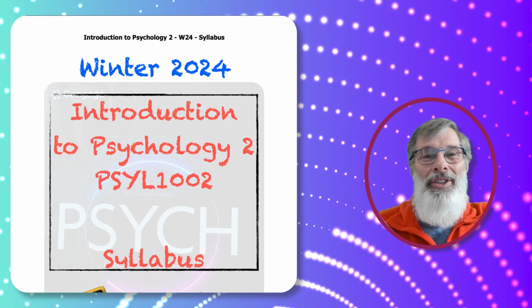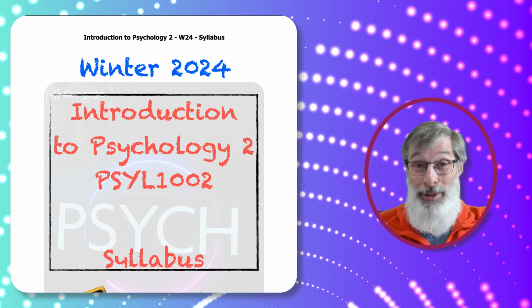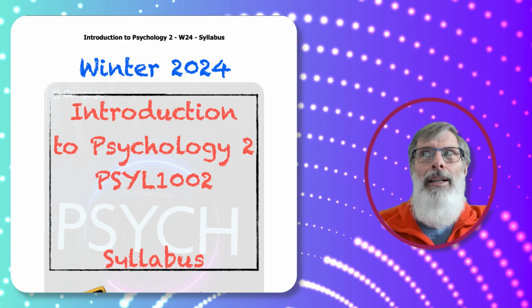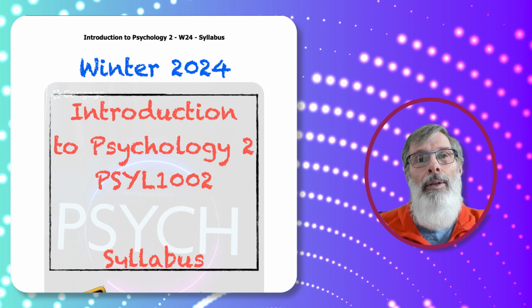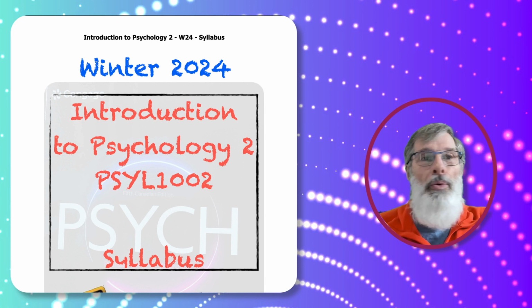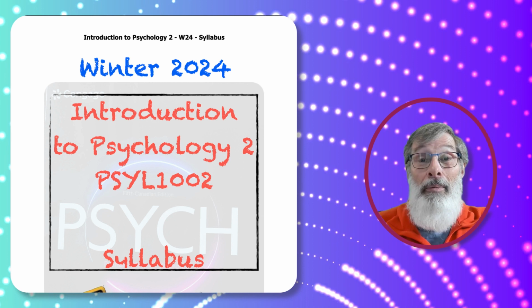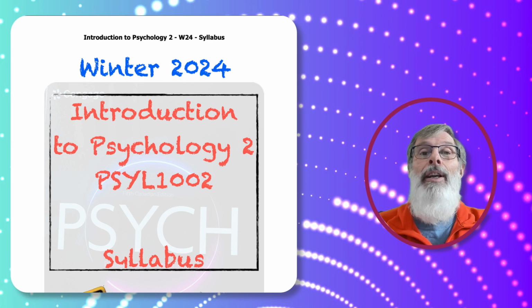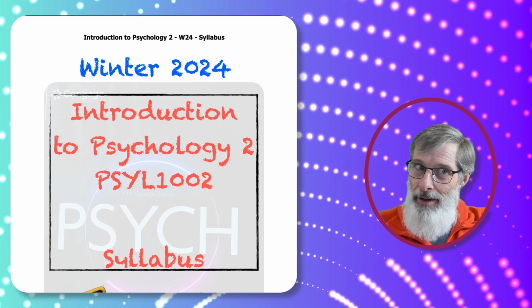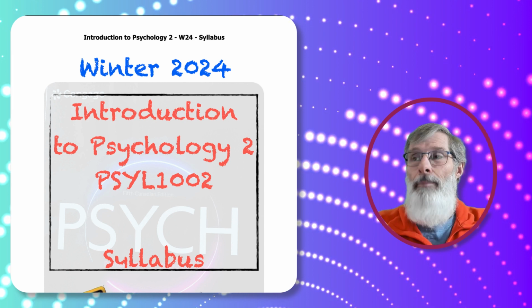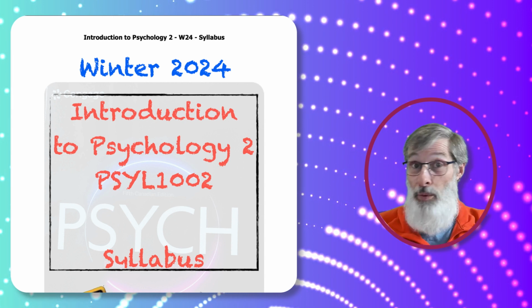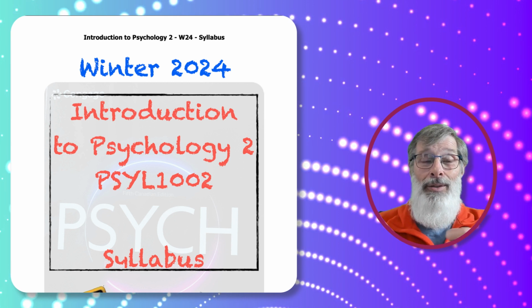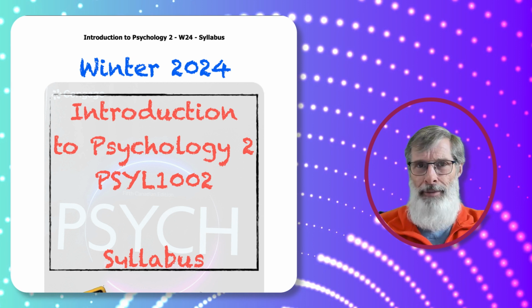Now I'd like to go through your syllabus to make sure you're clear about what the expectations are for this course. It's important, the syllabus is kind of like a compass where it helps you navigate through whatever you're going through. Well, in this case, going through our course. So the syllabus is a way of organizing yourself, and it says everything that we need to know about where things are, or at least what we have to be able to accomplish in this class. But I want to go through a number of things in the syllabus to bring it to your attention to make sure you understand. So let's get started.